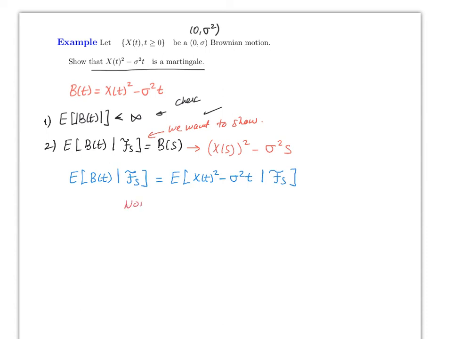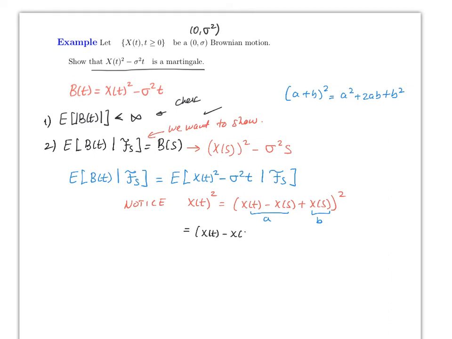Okay, so notice the x of t squared is the same thing as x of t minus x of s plus x of s, squared. This is the same trick we did before. Now let's say that this is a and this is b. Remember from basic algebra, a plus b squared is equal to a squared plus 2ab plus b squared. So therefore this gives us